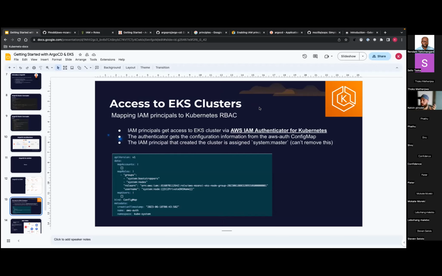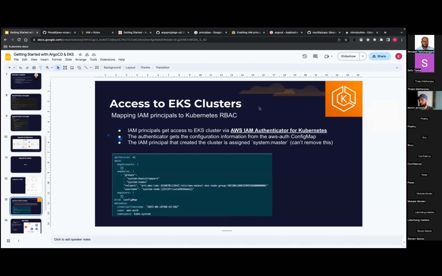We want to map what we're used to, IAM roles and IAM users, to our Kubernetes cluster. That's done by an open source project called AWS IAM Authenticator for Kubernetes. It was started by a company called Heptio. Now it belongs to Kubernetes SIGs, and it's been worked on by Heptio, VMware, and AWS themselves.